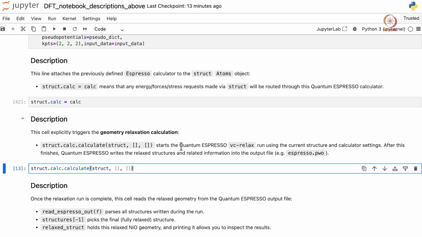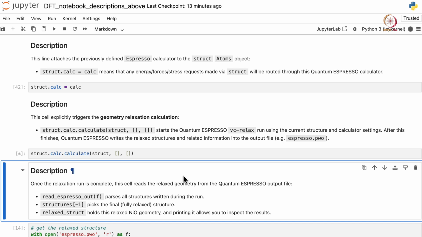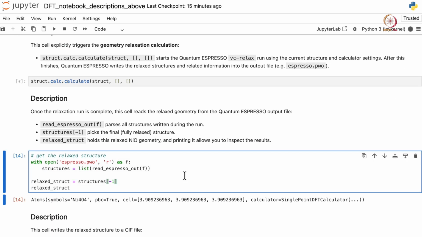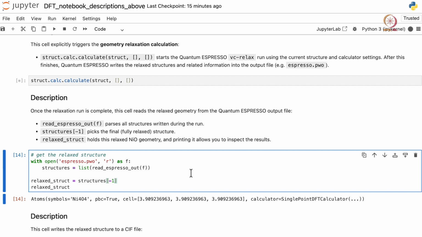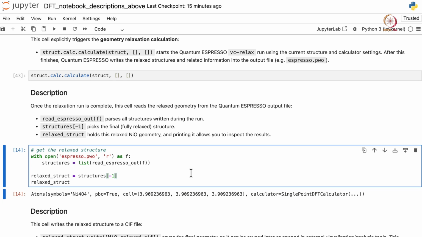Once the relaxation is complete, this cell reads the relaxed geometry from the Quantum Espresso output file. We'll fast forward this step now. Okay, now the calculation is complete. Let's get the final structure, that is the relaxed structure here. So let us save the output structure in the form of a CIF file.